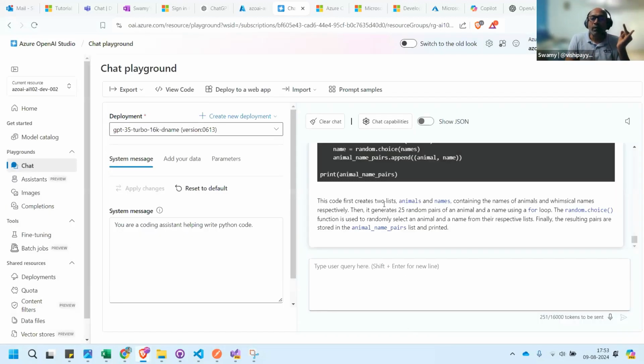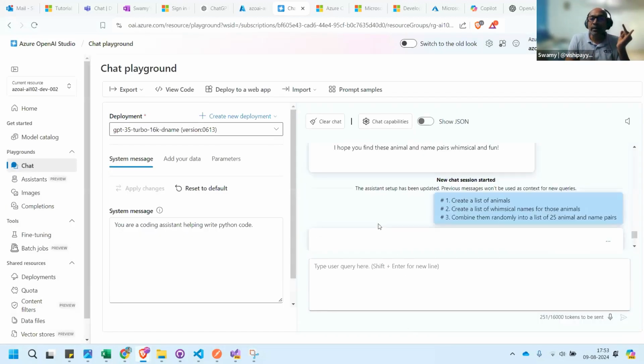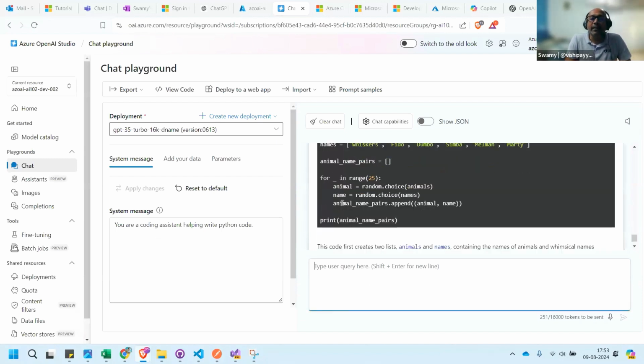So whatever prompt we are typing here on the right side, this is user. The system message is whatever you're configuring in the system, or a base configuration, where you're saying, hey, you're now this. So that is going to come here. Now, whatever output it is generating, that is assistant.